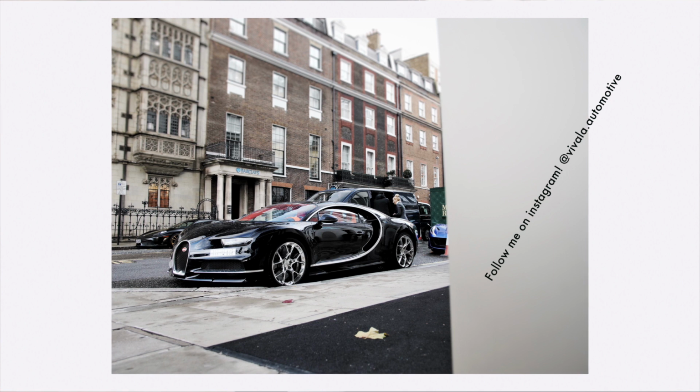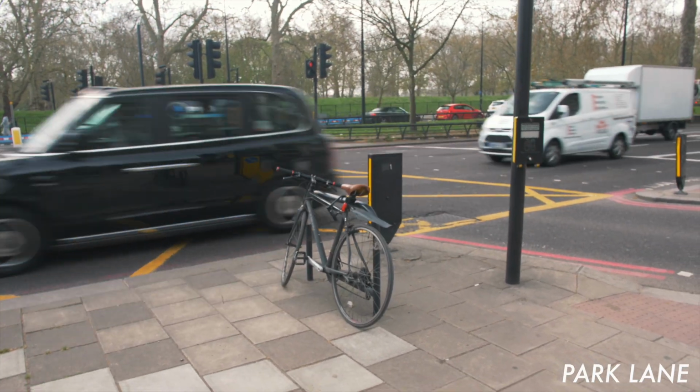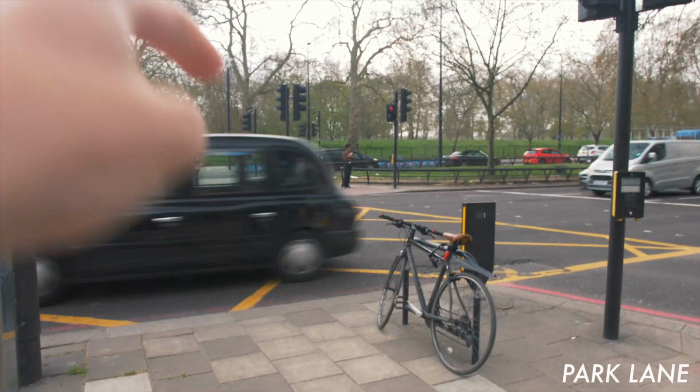Right next to the Dorchester Hotel is this bit more modern looking building, which is a hotel called 45 Park Lane, and there's some parking spots right in front of it where I've once seen, for example, a Bugatti Chiron. If you've ever watched any of my Supercar Sessions episodes, you know that that spot right over there,